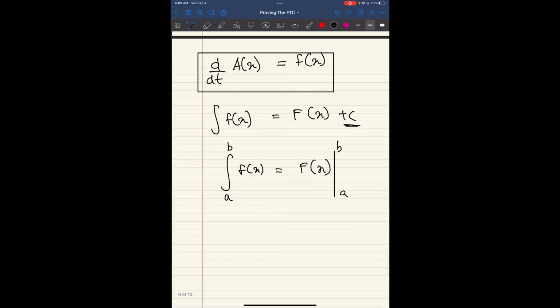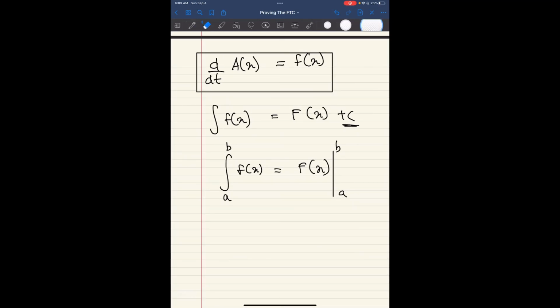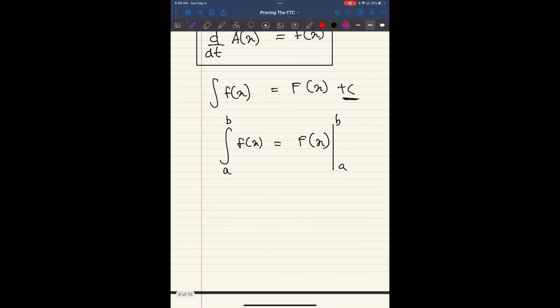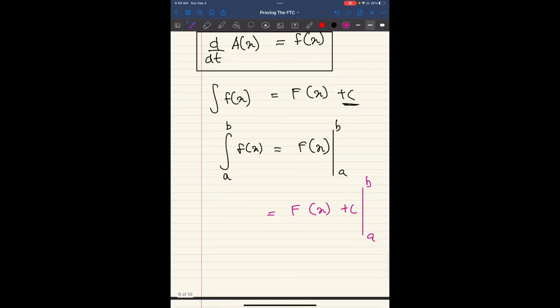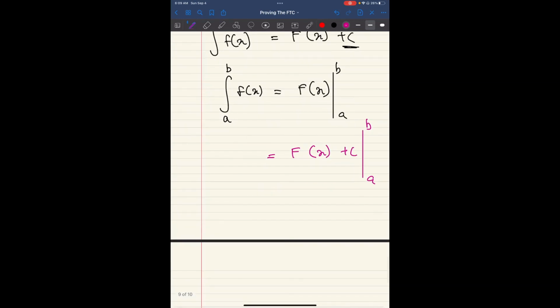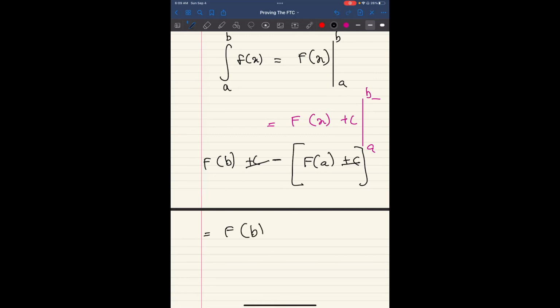consider the c, or the constant value, there's multiple reasons actually, but I'll give you one good one right now. Let's say we had plus c over here, so equal to f of x plus c evaluated at b and a. What evaluated at means is f of b plus c minus f of a plus c. So if we evaluate this expression, you'd get f of b plus c minus f of a plus c. So the c's cancel out, and you'll basically get f of b minus f of a. And this happens every single